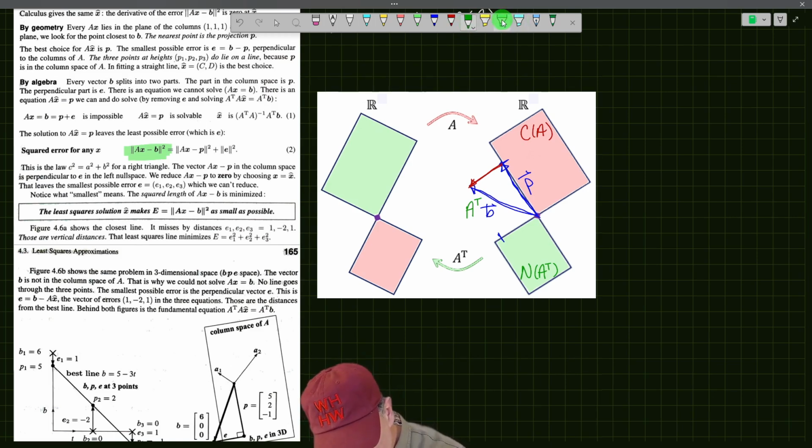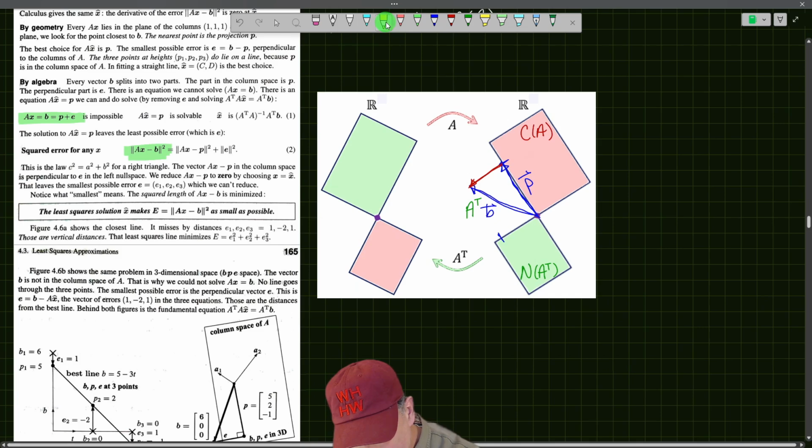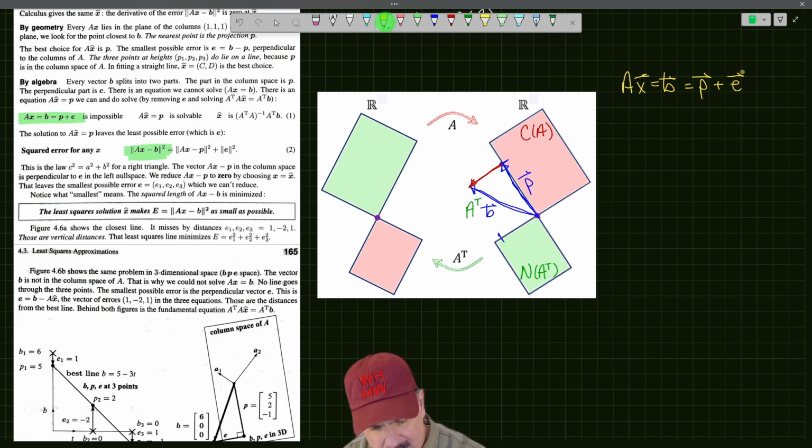This is very important. You want to make sure to read through and understand this. This problem does not have a solution. What he's saying here is we have AX equals B, but the B vector we know is the projection vector plus an error vector. We know, because of the orthogonal complements between the column space and left null space, that we can take any B vector that is on the output side and break it into these two components. And what's going to happen when we apply A transpose, so we left multiply both sides by A transpose,